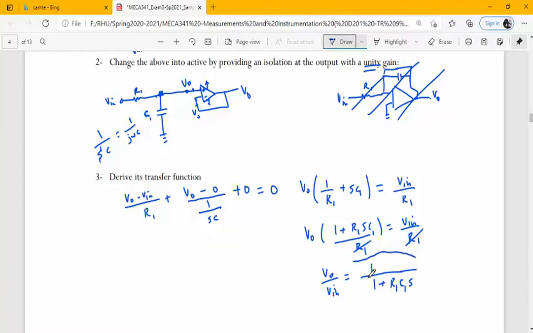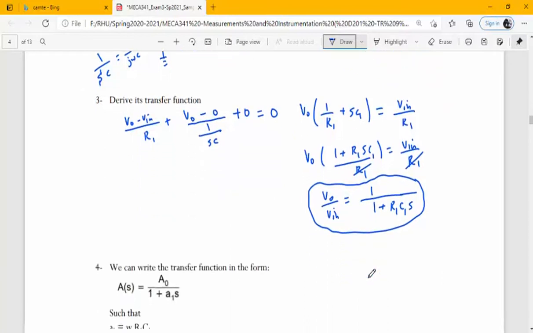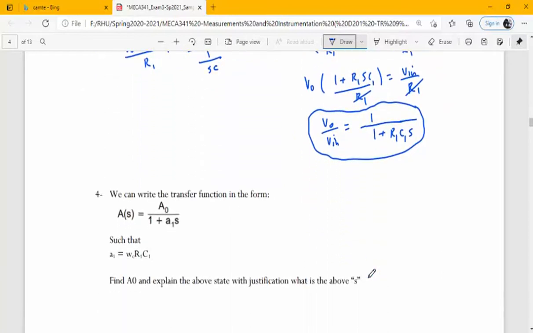Okay. This is the transfer function of our low pass filter. This is the low pass, this is the active filter, okay? Active filter. That's good. Now we are given the general form, okay, of the transfer functions